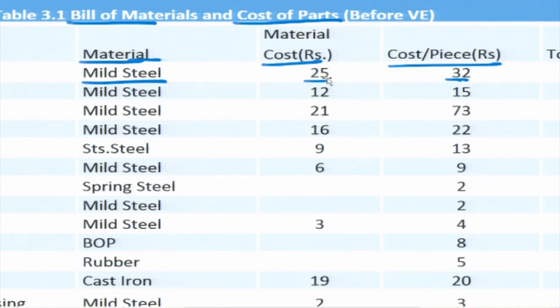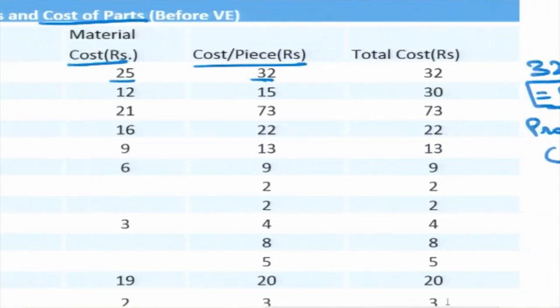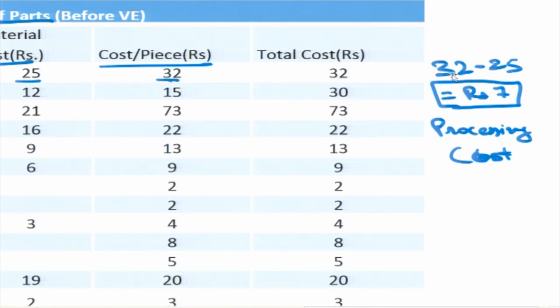Material cost means we will just weigh the material. For instance, let me say mild steel is 40 per kg. I think during the time of the study it was around rupees 35 or 33 per kg. That means this weight should be around 800 grams, and 800 grams into rupees 25 is the cost of the material. This is the cost at which the component is purchased. So, the difference is the processing and all those. So, the processing cost is rupees 7 then.